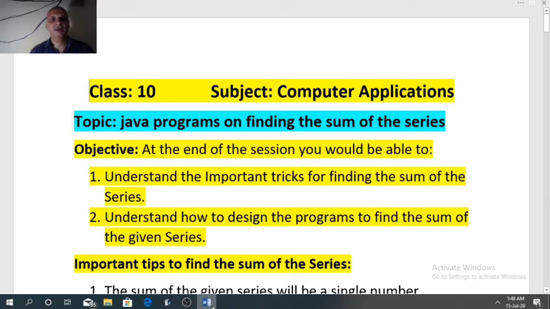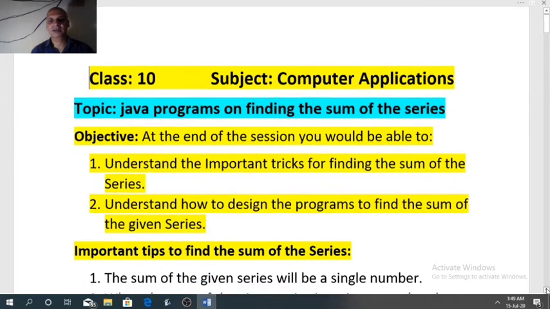In the last video, I had explained about the programs on printing the series. Today we will discuss about the programs of how to find the sum of the given series. So in this session we will discuss what are the important tricks required for finding the sum of the series and how to design the programs related to finding the sum of the series. So first we will see what are the important tricks required,